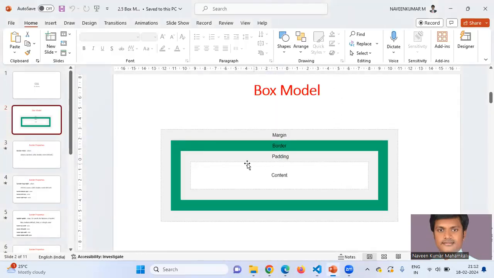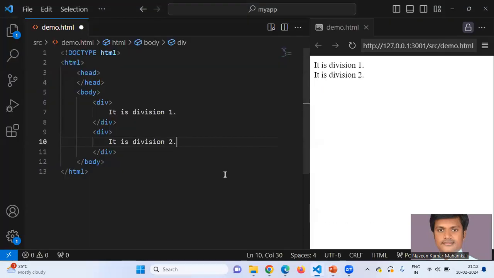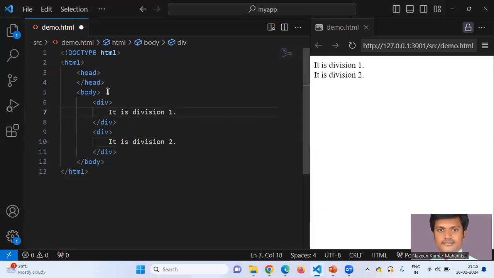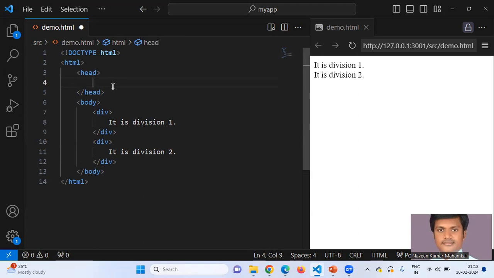So this is the content, right? The division related content. I want to apply the CSS styles for division 1 alone, using this box model. Have a look here. I would like to define the padding for division 1. For applying styles, I would like to use